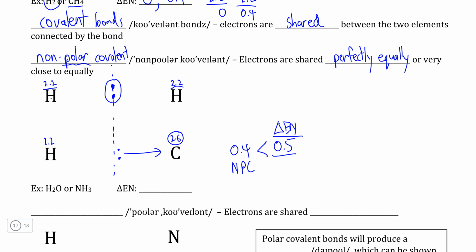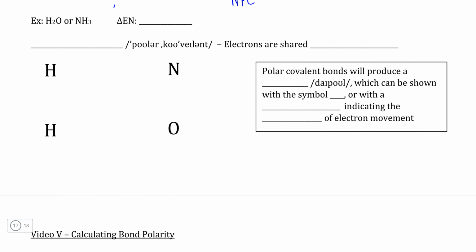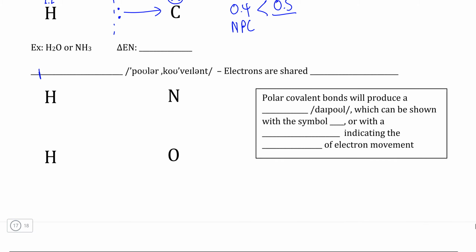But this is not true, as we will see, with bonds between hydrogen and nitrogen or hydrogen and oxygen. These are both examples of polar covalent bonds, and we will see why when we take a look at the